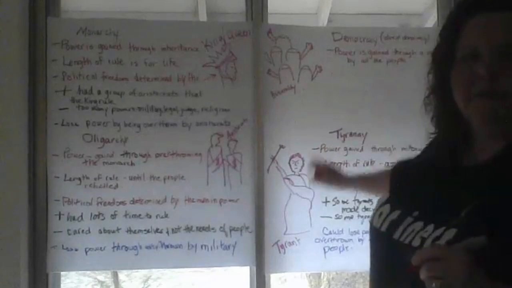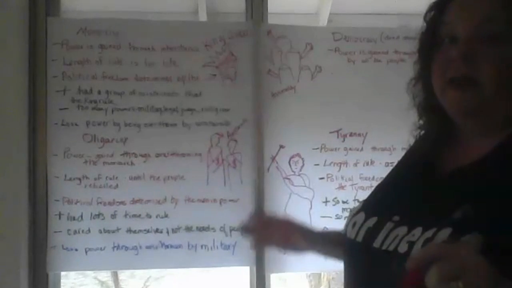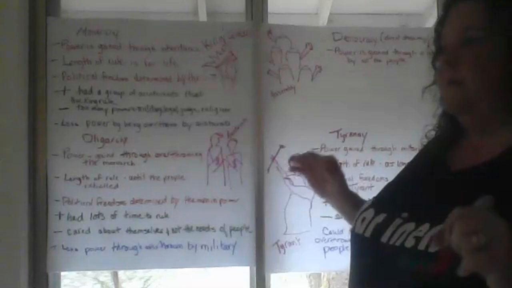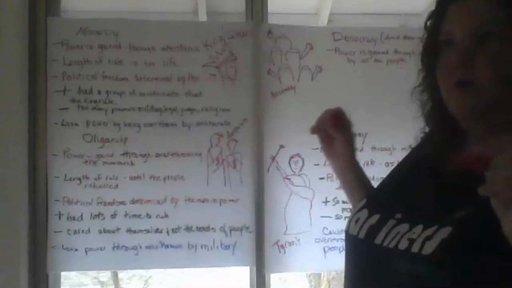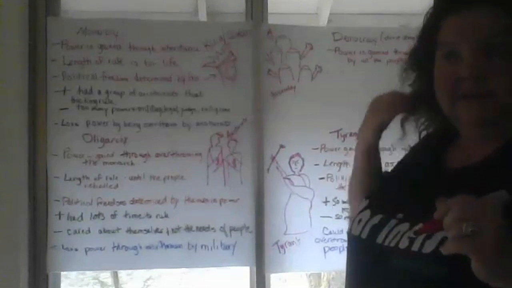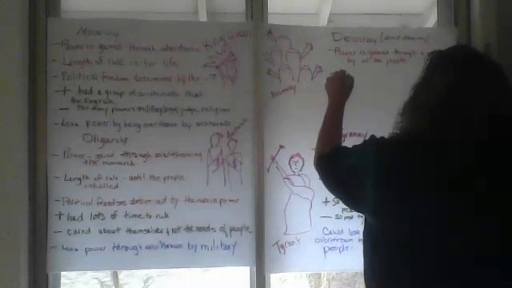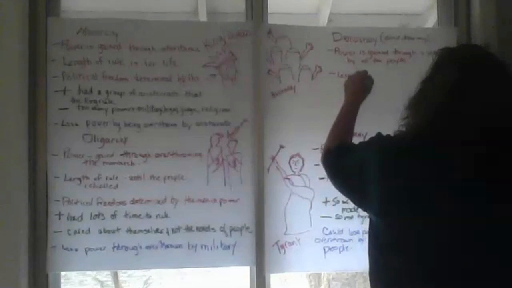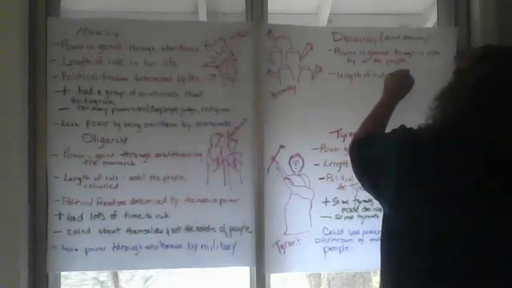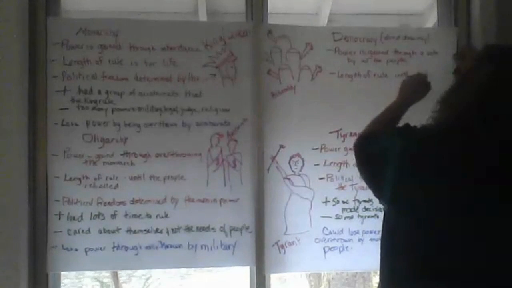Now, typically through history, we've realized that all the people didn't really mean all the people, right? It meant men that owned land or men that were citizens by some qualifications. It usually didn't mean women, and it definitely didn't mean slaves or children. The length of rule: until you were voted out, you got to rule. That could be a day or it could be 10 years.